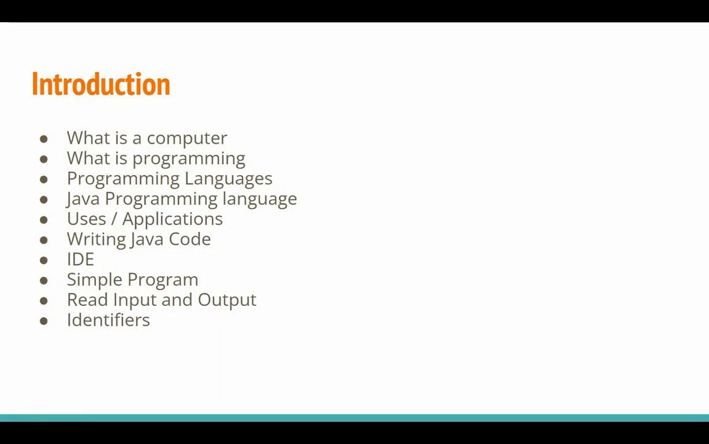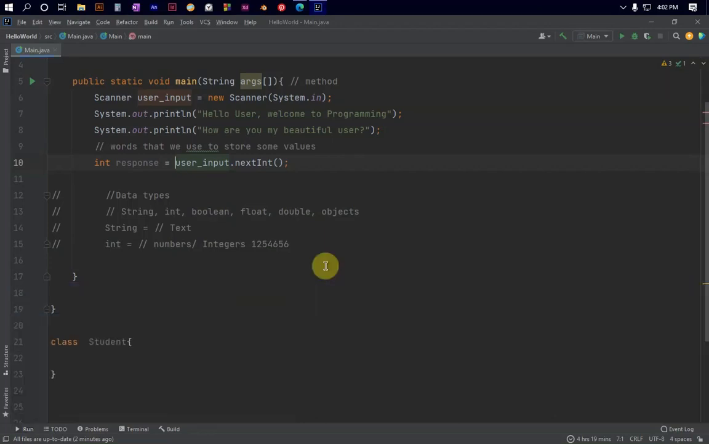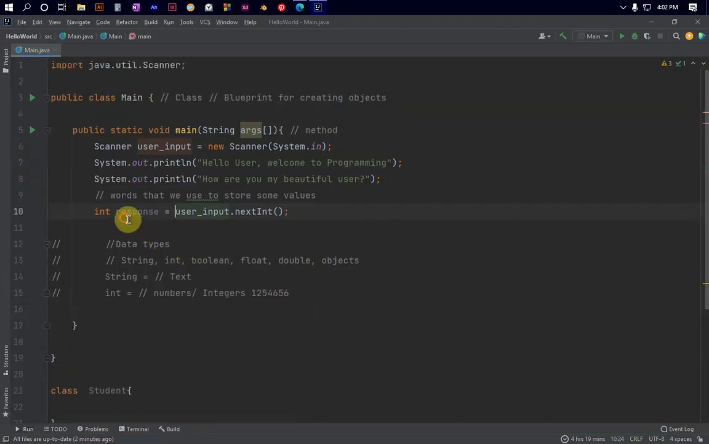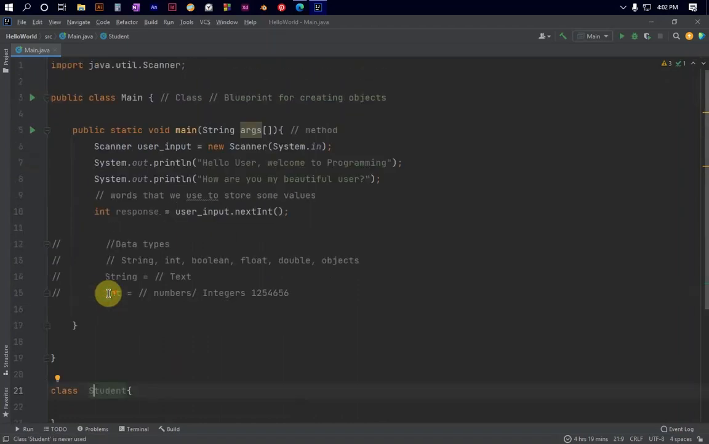We also talked about identifiers. We said these are the names of the variables that we're creating or the objects that we're creating. This is an identifier, this is an identifier, this is an identifier. Identifiers are those names. I think you understand. So the names of the things that we are going to be using in the program, we say those are identifiers. So I think I will have to cut this video here now,